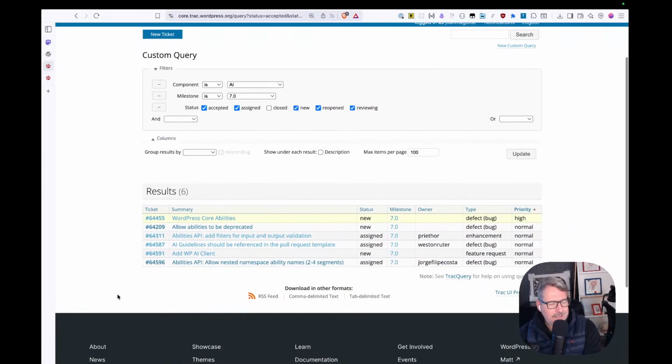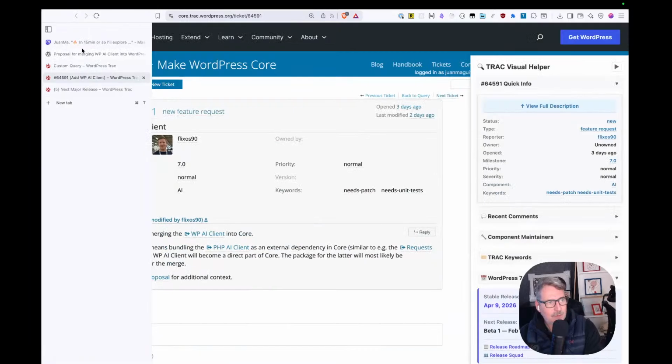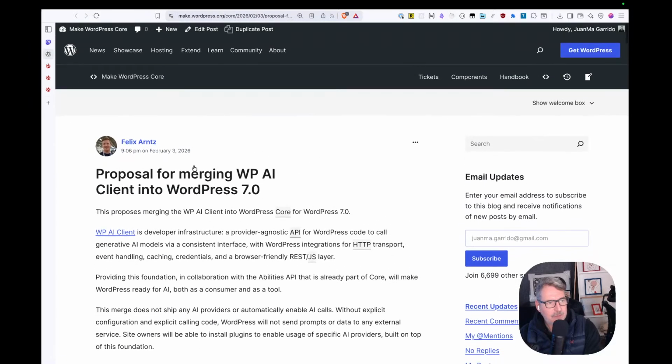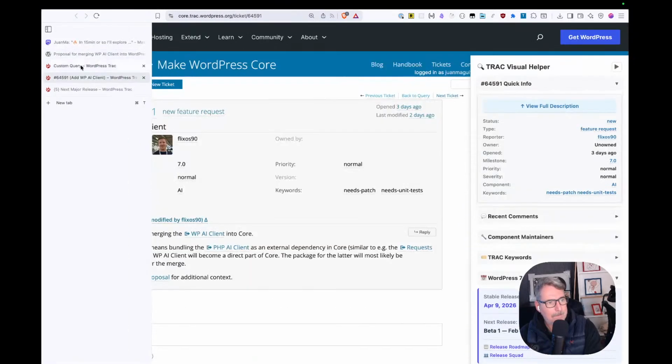The most interesting ones so far, I think, are this one, add WP AI client, which is the one directly related to this post,